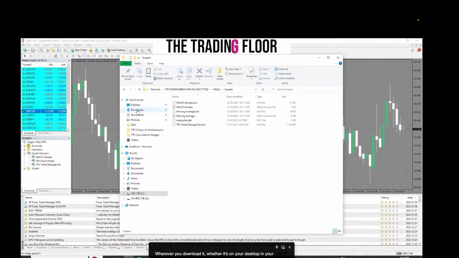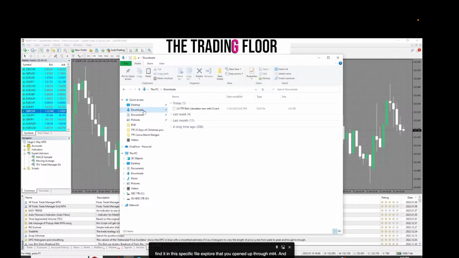Just go and find it in this specific file explorer that you opened up through MT4. In my case, it is in the downloads. So what I'll do is I'll left click to highlight this. I'll hit Control C. I'm pretty sure it's Windows something in order to copy it. I'm not a Mac user, I'm sorry, but whatever it takes to be able to copy this, do that with